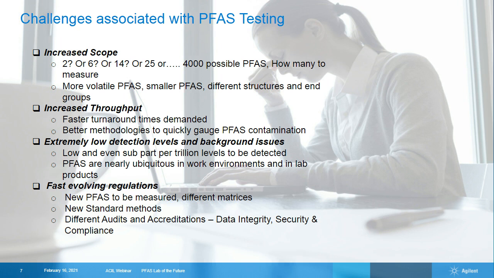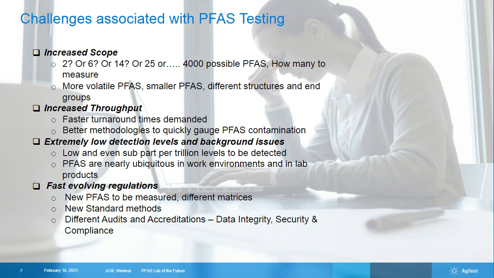The other issue that I already highlighted is the extremely low detection levels and background issues. For those that are in the environmental industry, a good way to think about this is the analysis of semi-volatile organic compounds, typically done by EPA 525 in drinking water or 8270 in wastewater. When we talk about low levels for semi-volatile compounds, we're still typically talking, in most cases, at part per billion, low to sub-part per billion levels, whereas with PFAS, we are really looking to measure almost sub-part per trillion levels. So we're talking anywhere from 100 to 10,000 times lower sensitivity that we are expected to measure these PFAS